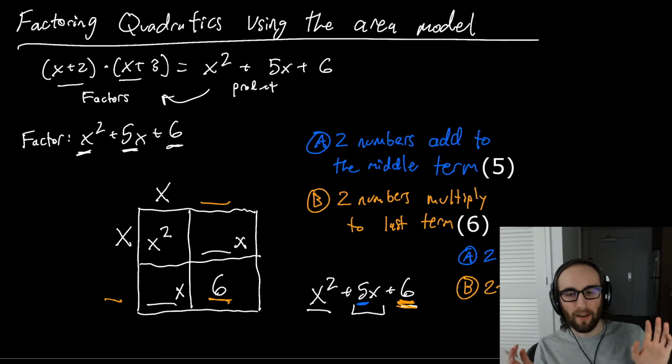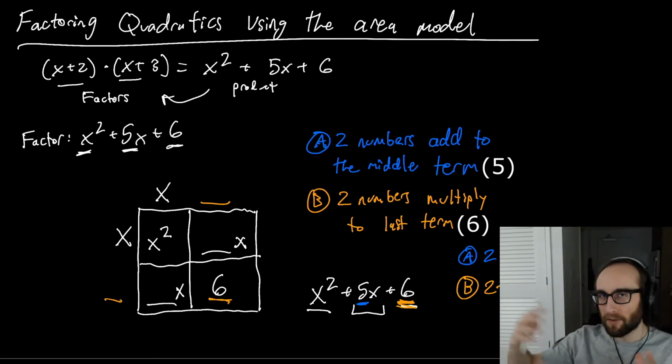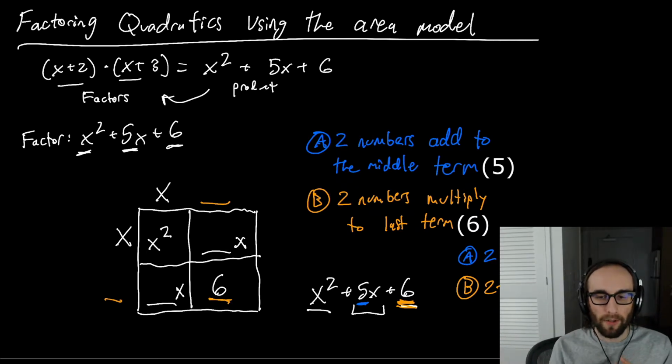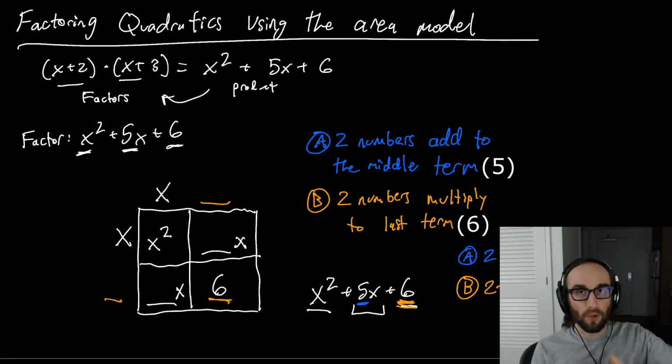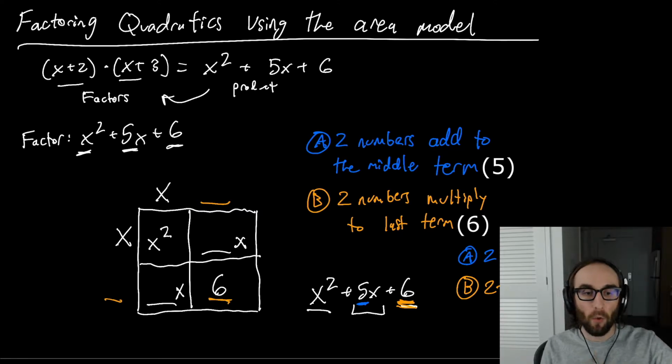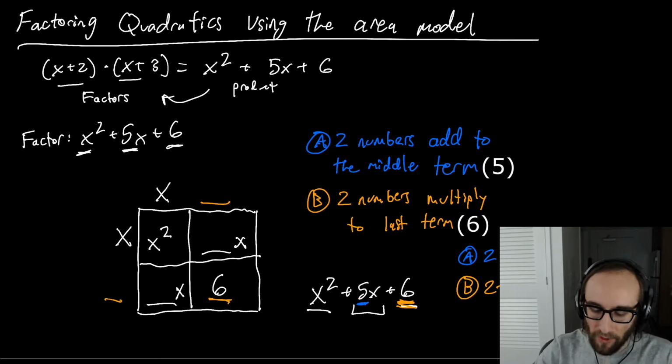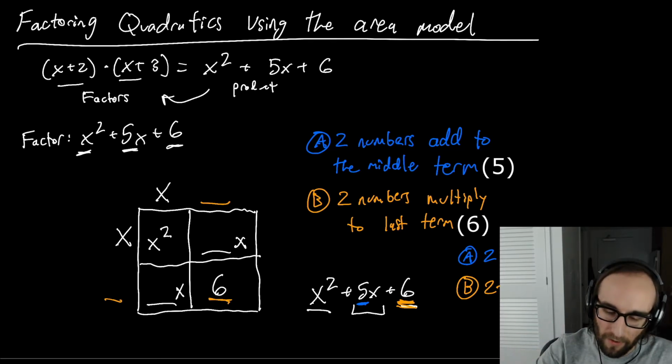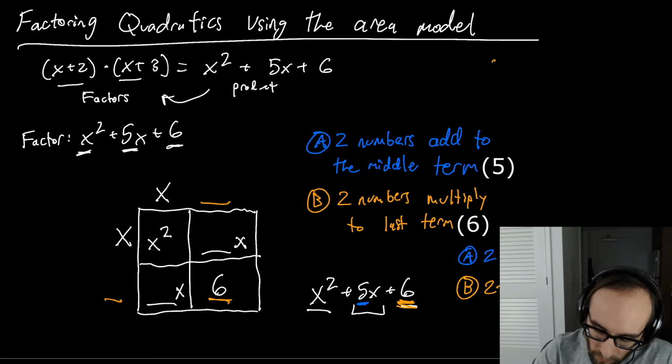For now, we're just looking at, let's say we start off with an x squared, and then we have some other parts for a quadratic. How do we factor these types of quadratics? So x squared plus something x plus something. Okay, so we can use these two clues to find out what the two missing numbers are. The easiest way that I find to start off with is to start off with actually clue B and then work our way from there. So in this example,